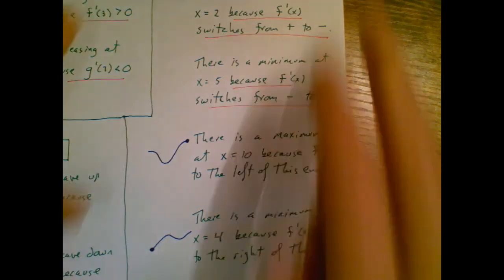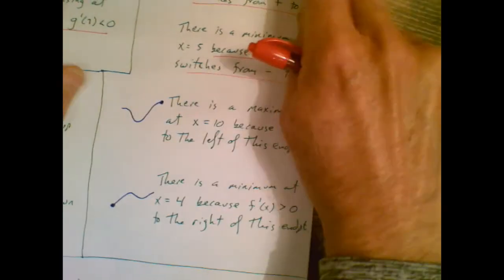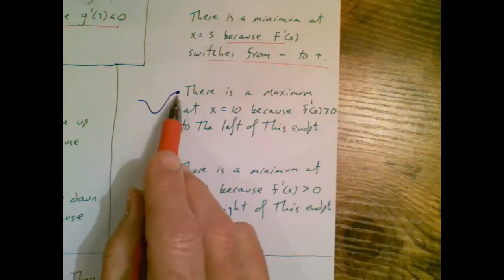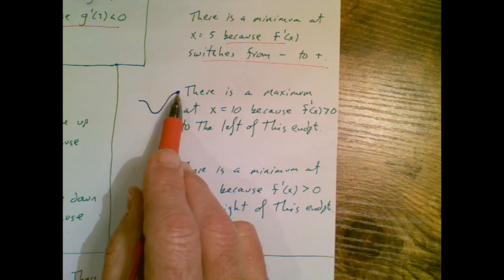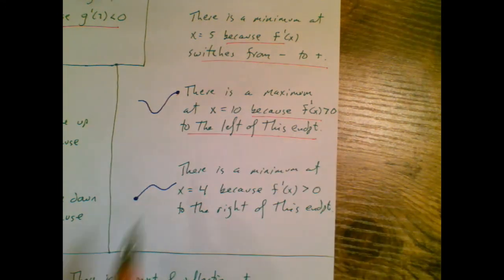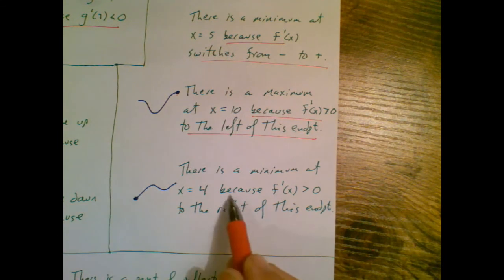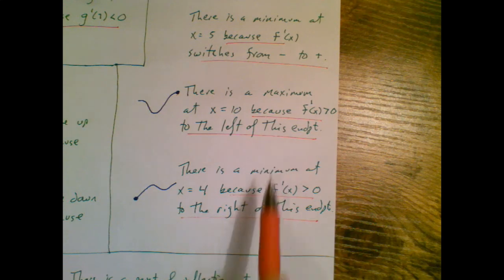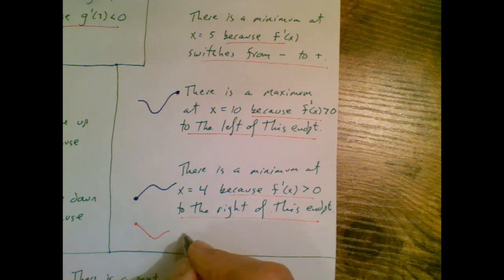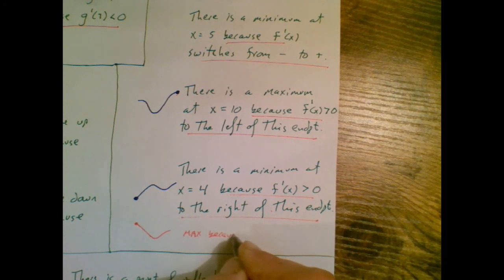Also, for maximums and minimums, we have the issue of endpoints. So, for example, if there was a maximum at a right endpoint, or if there were a minimum, it takes some thinking to put the proper logic down on paper, because if I had a maximum over here, I would say max because